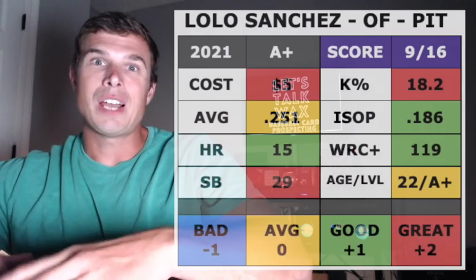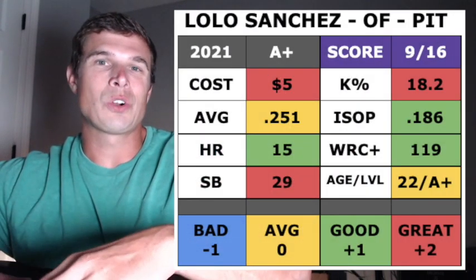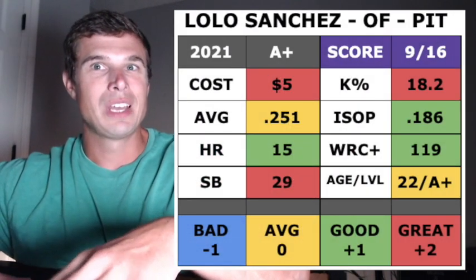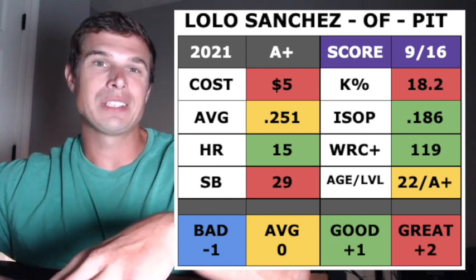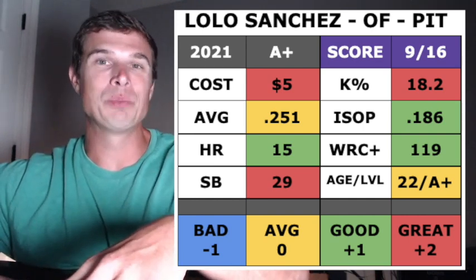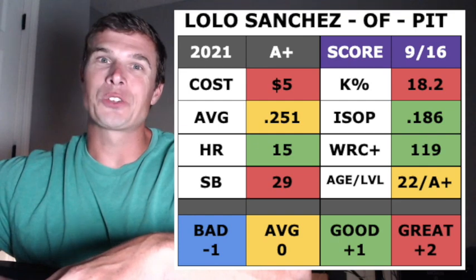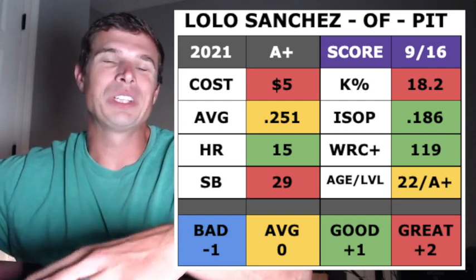Sanchez is bringing a total score of 9 out of 16 with the help of some above-average wheels. You can find Lolo Sanchez autos in 2018 Bowman Chrome for around $5. The top 3 stats padding Lolo's score are cost, stolen bases at 29, and a knack for contact with a low 18.2% K rate. Sanchez is another speed power potential player, but I'm really eager to see what he does